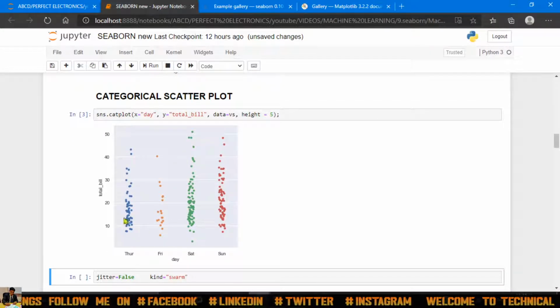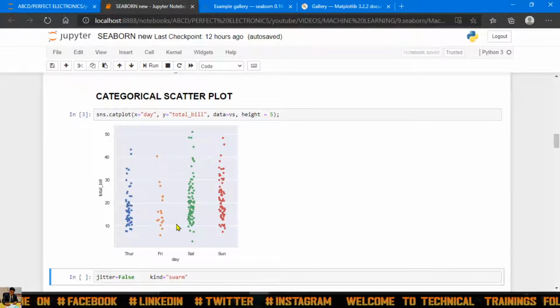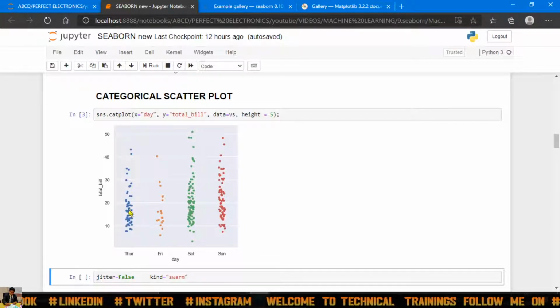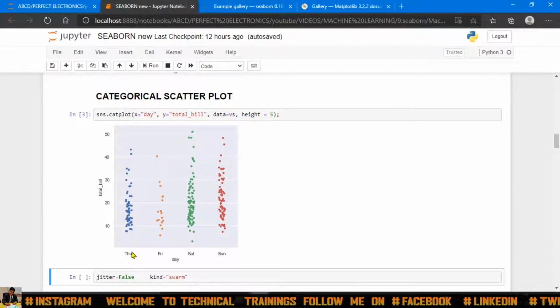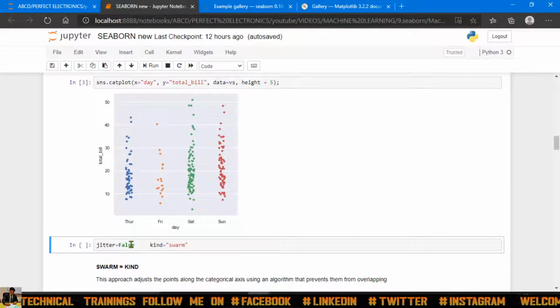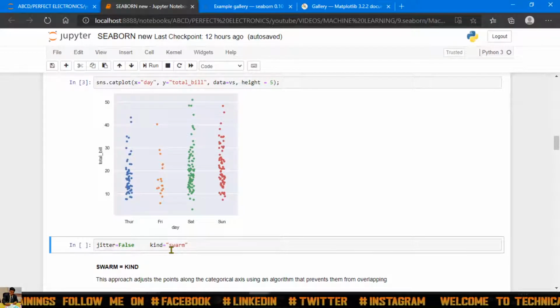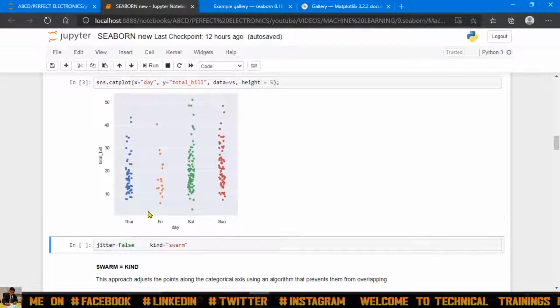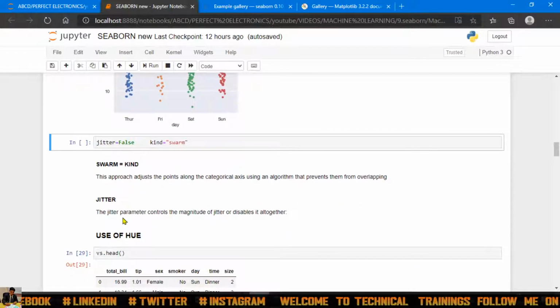Okay, after plotting it, you can see the plotting is something like point-wise, but it's increasing for the particular day, guys. Okay, for the particular day it's going on. Now what is the function of jitter and kind over here? I will apply one by one on it. Now jitter, understand the jitter first.